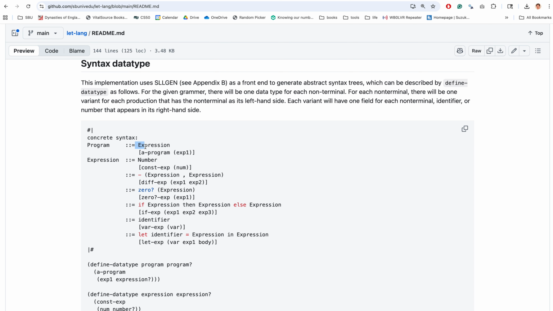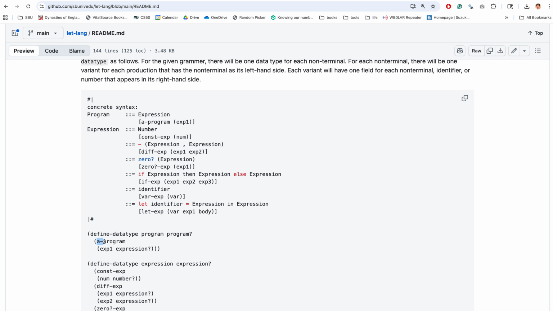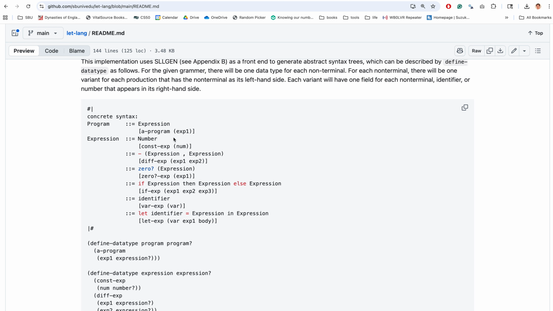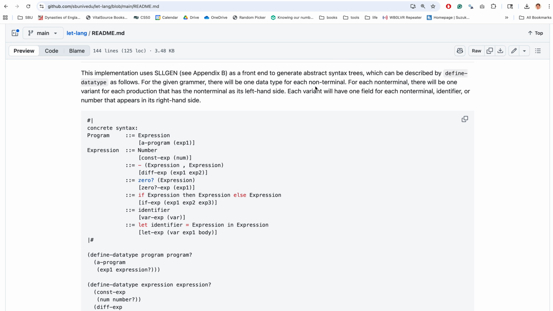Since there's one production, there's one variant, and then there's a naming convention. Program is the type, so the variant is going to be a program, and the number of fields for each variant depends on